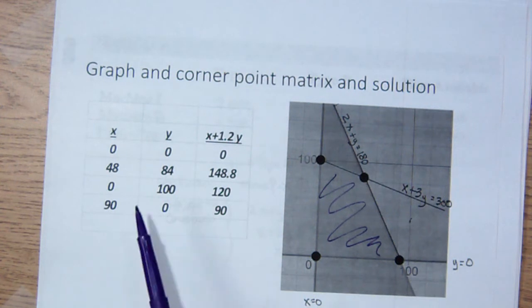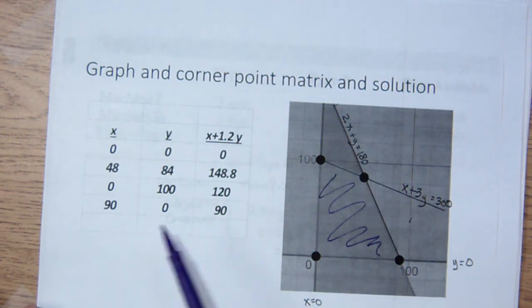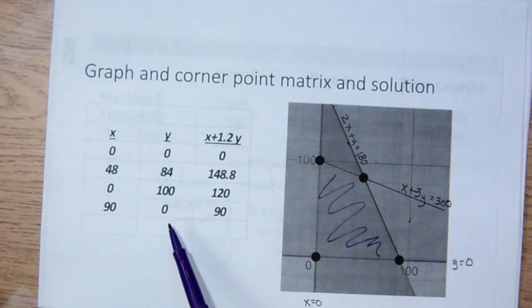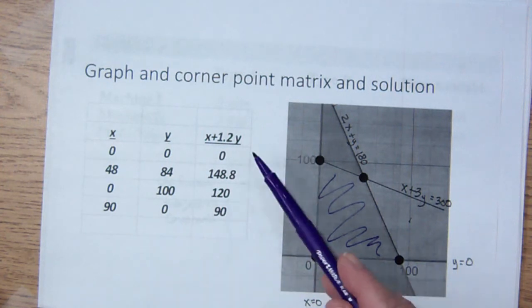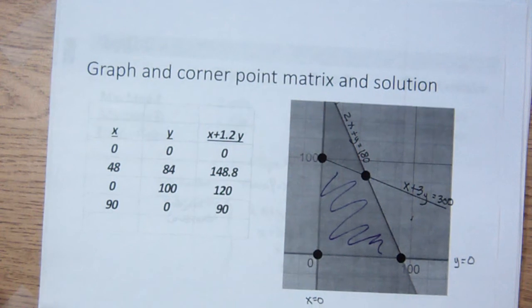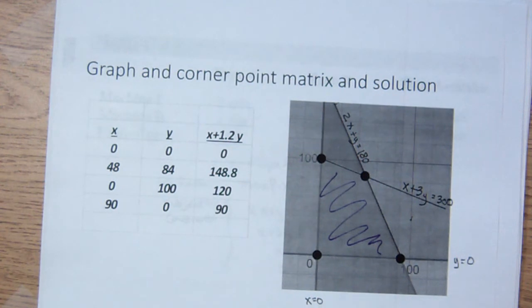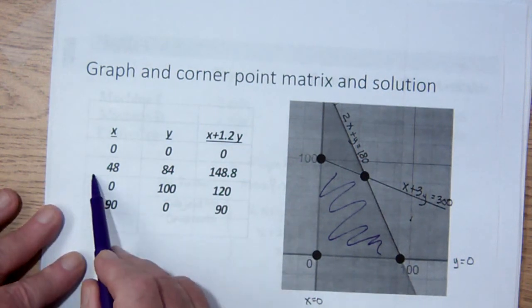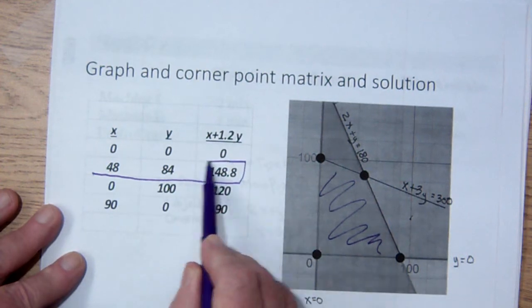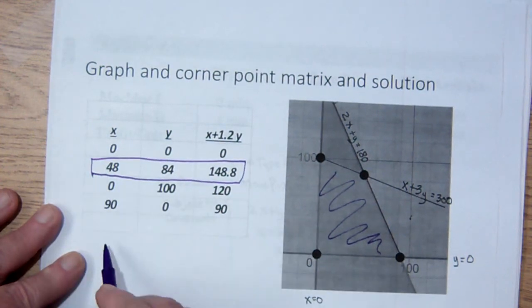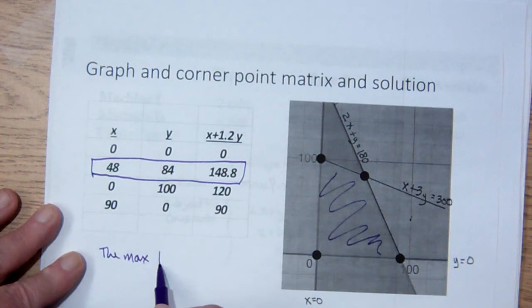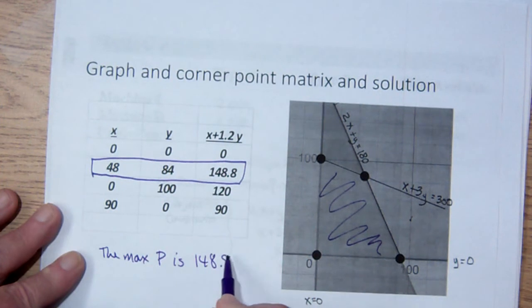So then what I do is I take all 4 of the corner points that I have, and I put the coordinates in, and I evaluate the objective function there. Now what we want to do is maximize the profit, and we'll see that the maximum profit happens here. So the answer to this problem would be the maximum profit is 148.8, I suppose those were dollars,